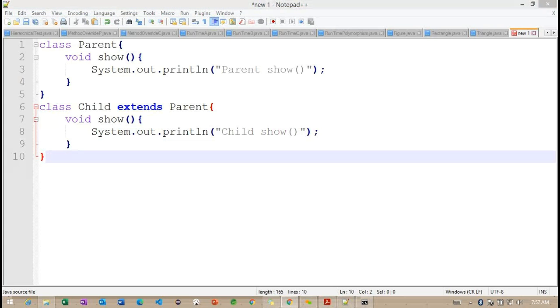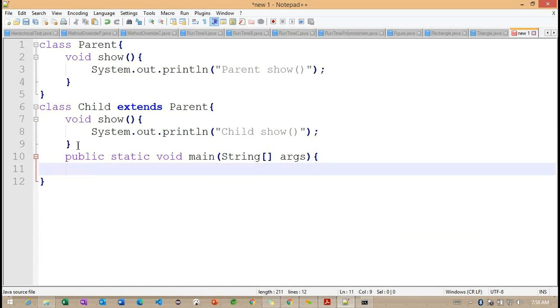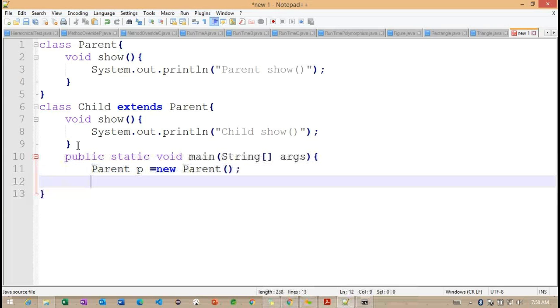Child class. But now what we need to understand here is, if I'm going to create objects here, which one is going to be called? Now you can think here. P is equal to new parent.